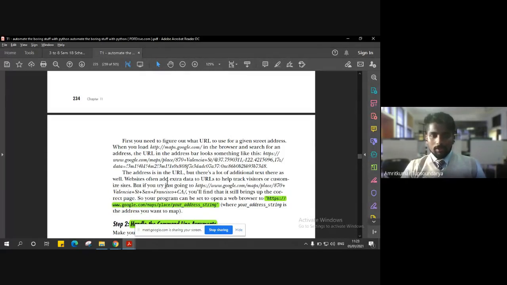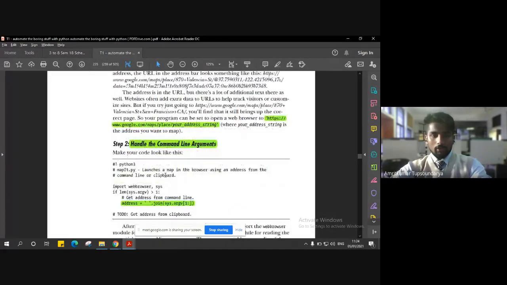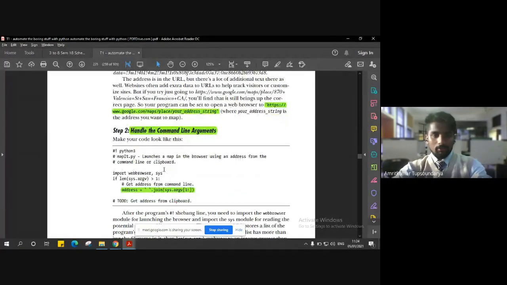Now we know what the URL is, and we can use this URL in the webbrowser module to perform our task. But right now we have only the URL. The next thing is to handle the command line argument that we are going to give as the input. As you are already aware, we discussed in module 2 that in order to make use of the command line argument, we have to import the inbuilt module called sys.